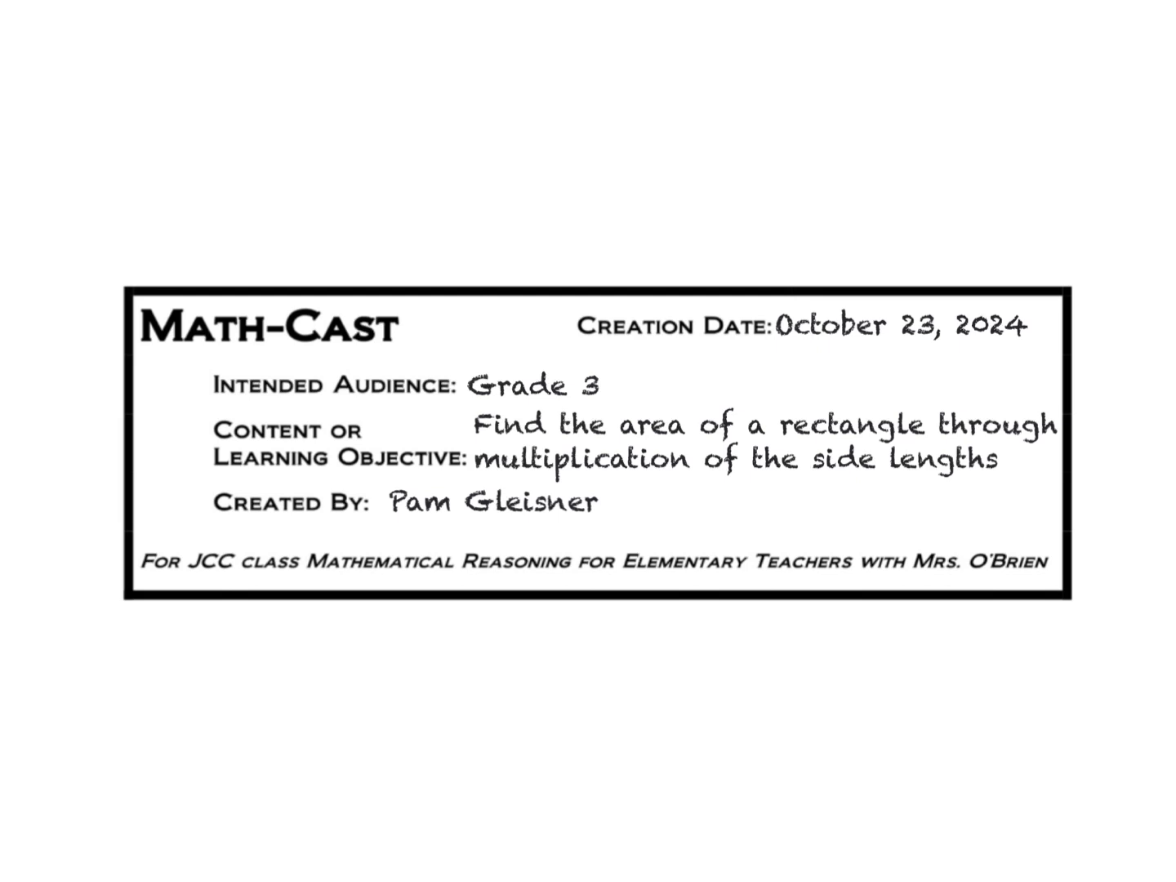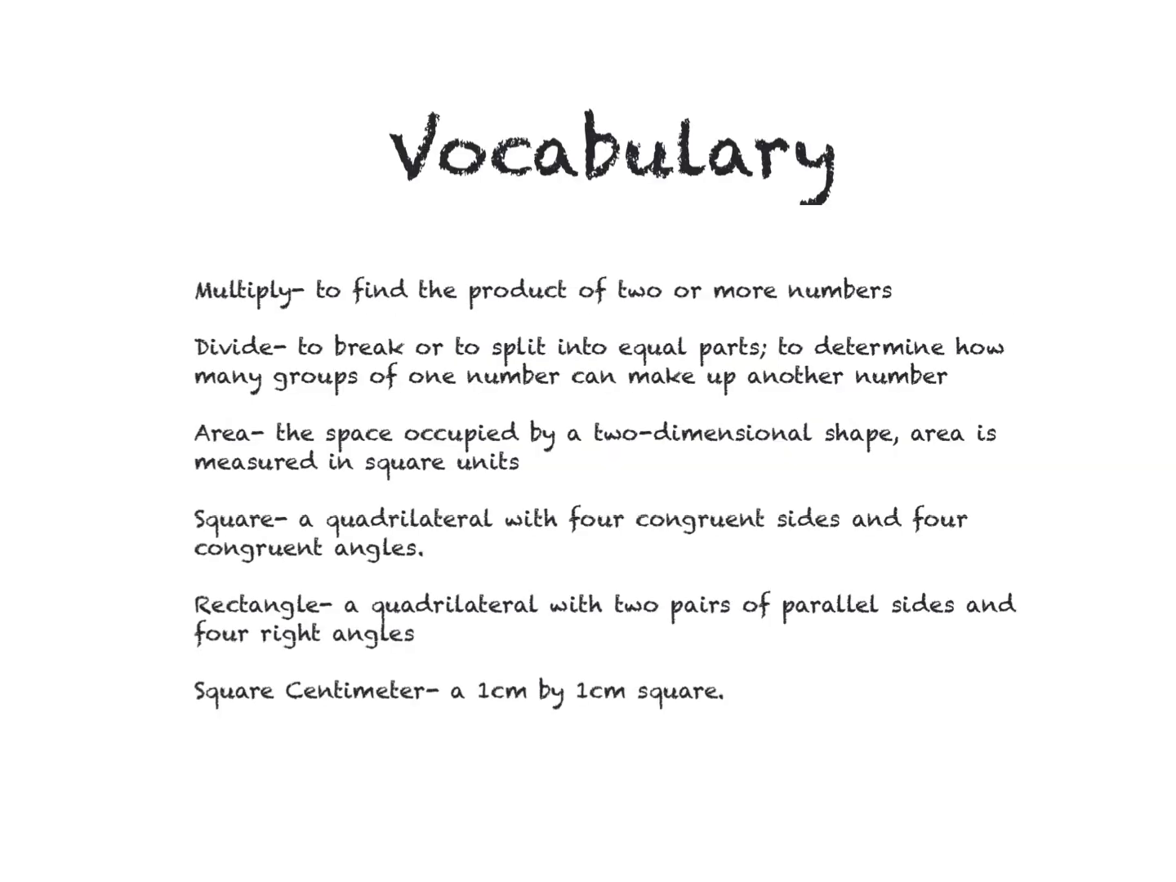This mathcast is intended for grade 3. The learning objective is find the area of a rectangle through multiplication of the side lengths. Created by Pam Gleisner. Some vocabulary that we'll need to know during this mathcast is multiply, to find the product